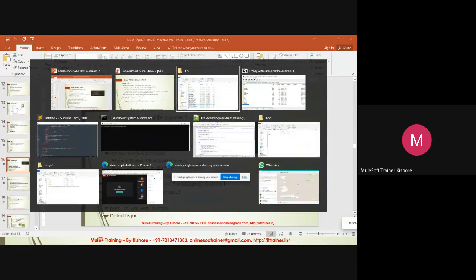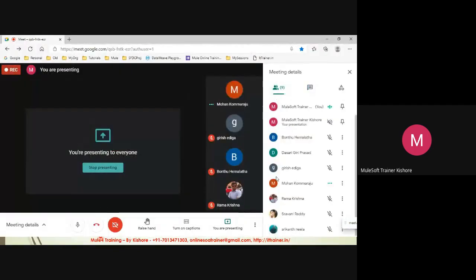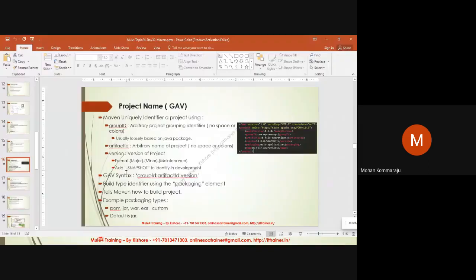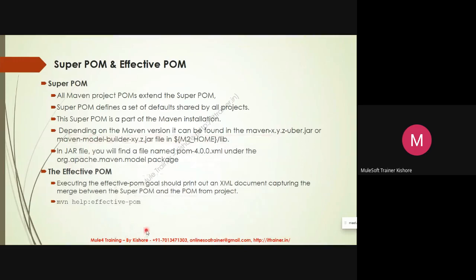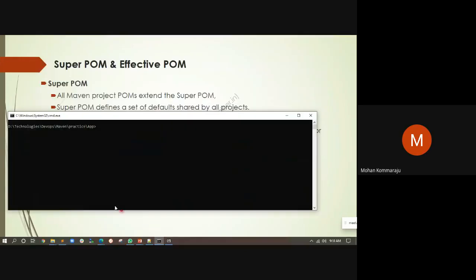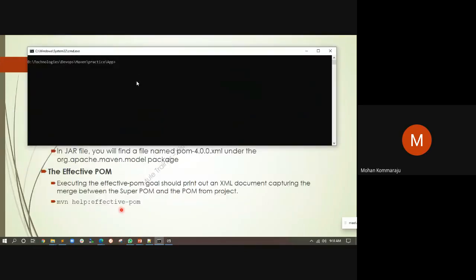All of you following? Yes, no? Yes. Mohan, haven't you used Maven before? No. Oh, hope it might be interesting for you then. Yeah. Anyone else who used Maven before?